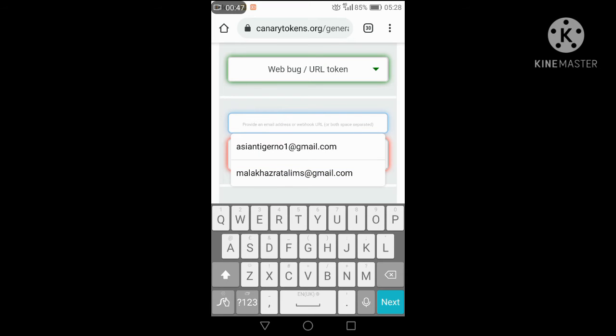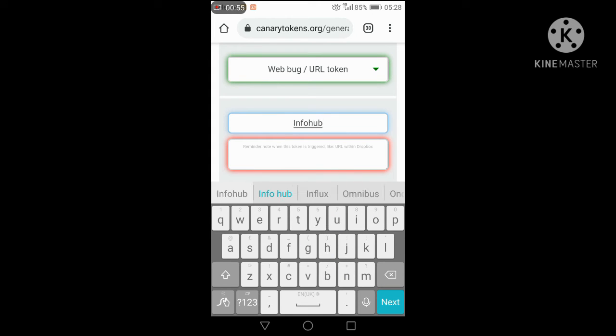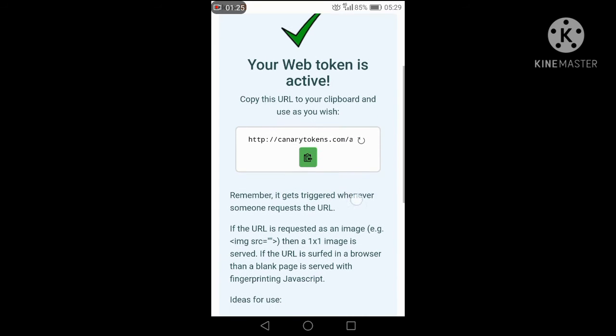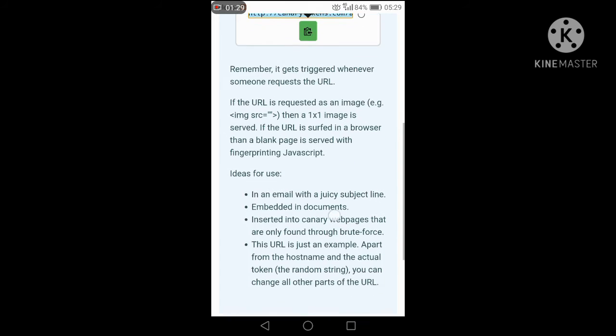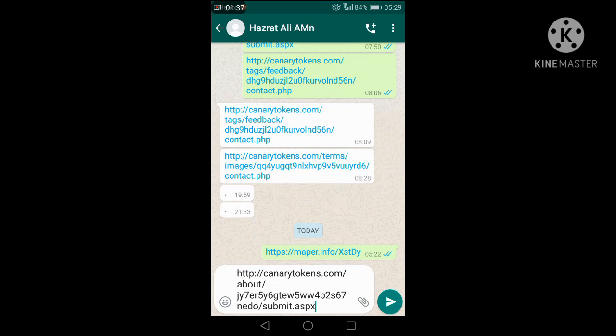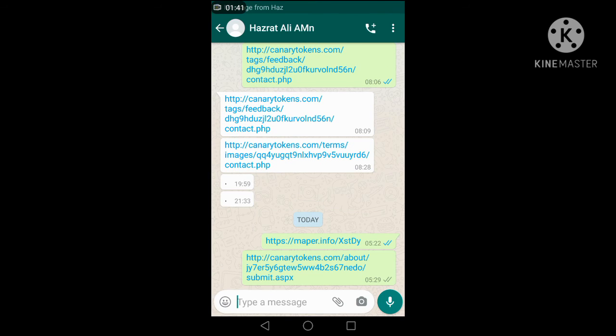In the first field you have to enter the email where you want the notification about the person who clicks on the link, views the link, or shares the link. If any person shares the link, this website will show the information of that person. So this is a very efficient method. First enter the email, and next enter something you will remember for that token. For example, you send it to your cousin, so write that I send this to my cousin, anything you want. After that you have to copy that link and paste it to any person. This is the easy method.